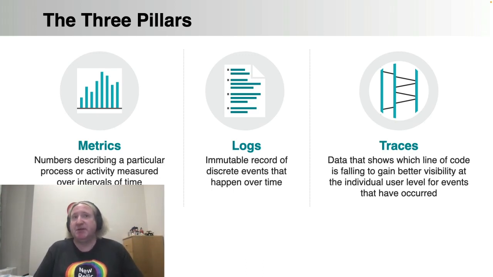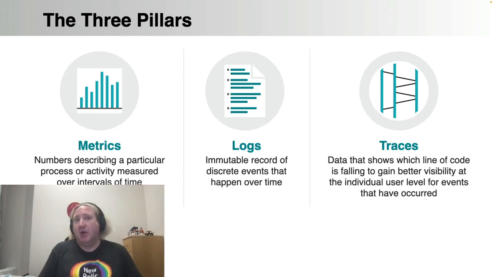So metrics, logs, and traces. These are very different data types, and they behave differently, and they have different properties. So a metric is just a number that describes a particular process or an activity, the number of transactions in, let's say, a 10-second window, right? That's a metric. The CPU utilization on a particular container, that's a metric. So notice it's a timestamp, and it's a single number measured over a fixed interval time width, basically.